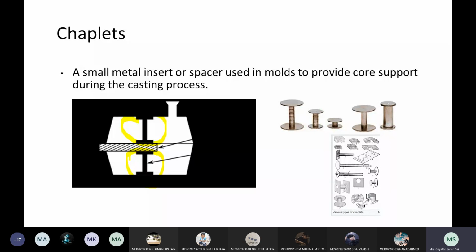There are different positions, like if there is a weak joint, at that place you will keep the riser. It is not like in the screen I had shown, where the riser is beside the sprue. It is just for pictorial purposes, but a riser will never be parallel to the sprue. Wherever it is necessary, where there are weak places or certain intersection points, there they will insert this riser, right?